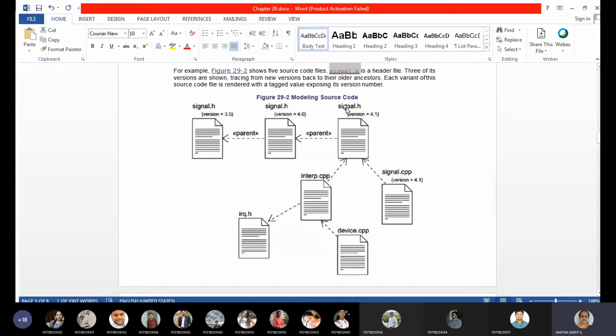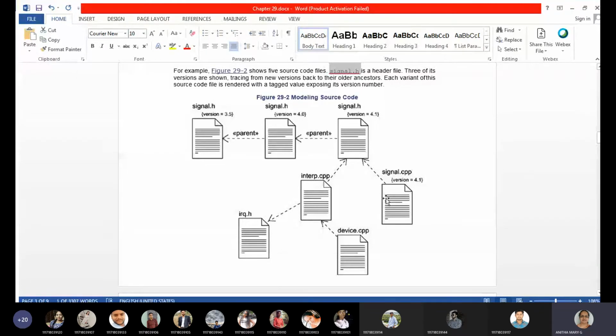And then on signal.h, maybe signal.cpp, a C++ file. In this file, I'm saying import signal.h. So that means for this source code, the .cpp, we are importing signal.h.